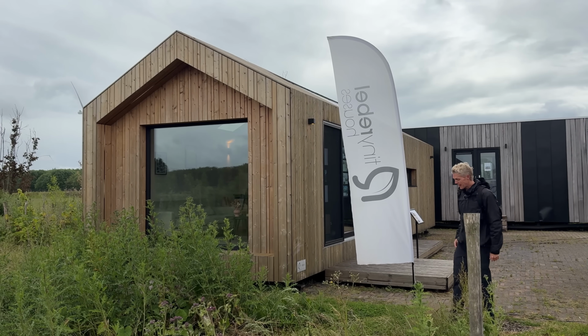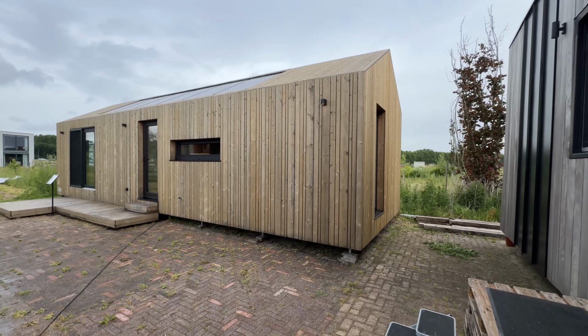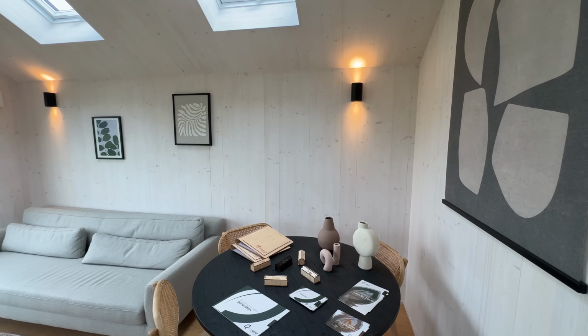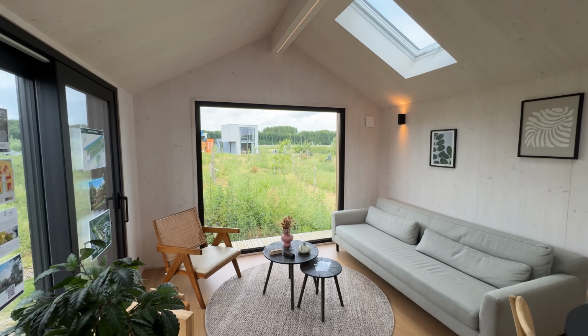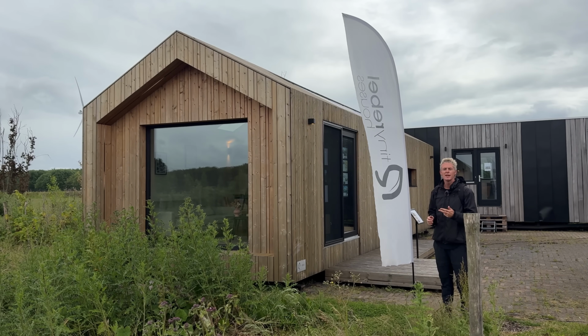All right, I'm back at the Demopark near Amsterdam, and beside me is the Nordic from Tiny Rebel Houses. Tiny Rebel has been on the channel before, but not with an in-person tour, so this is definitely an upgrade from the last video. What we've got here, believe it or not, is a 2-bedroom, 1-bathroom plus storage loft in